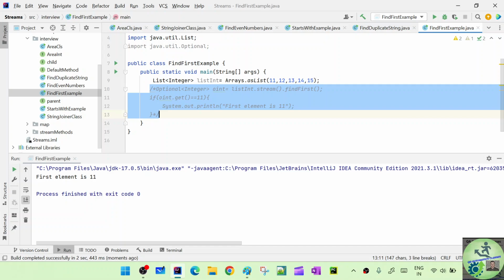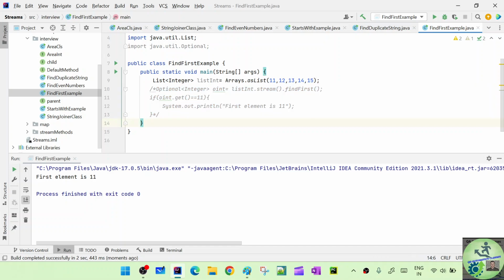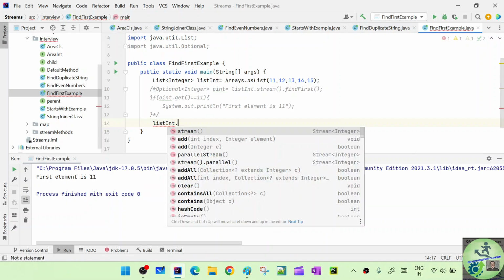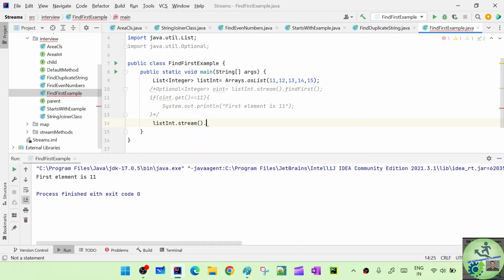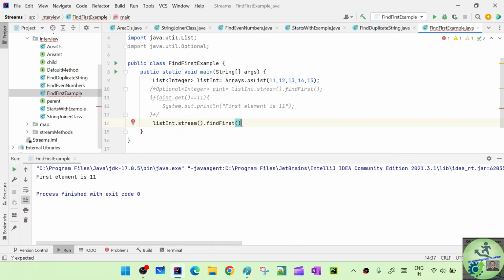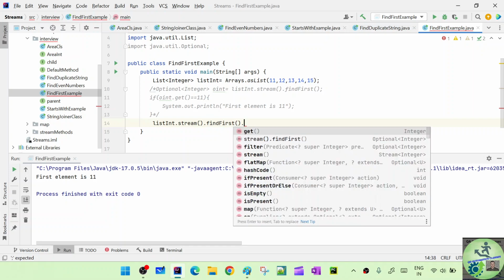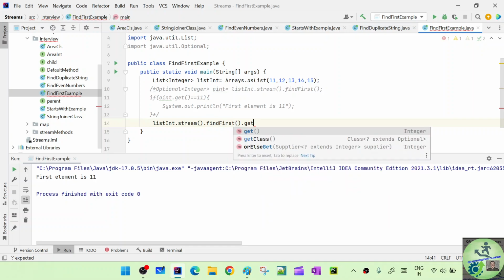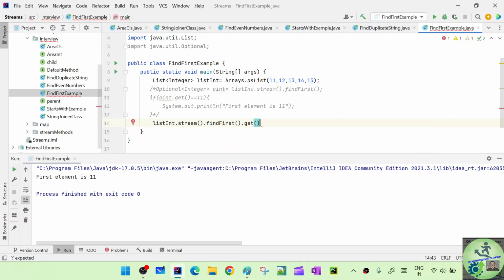So how to do it? I'll say list int dot apply the stream method on top of it. After applying the stream, you go with the find first. After finding first, we will say get, it will give the integer. Now see, the output will be integer. So let's put this one,